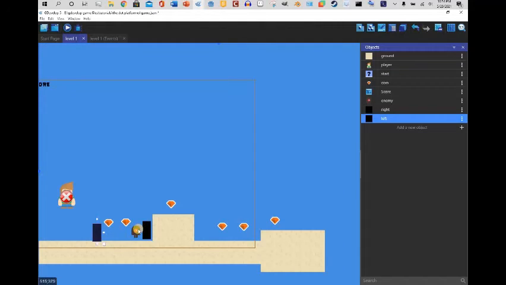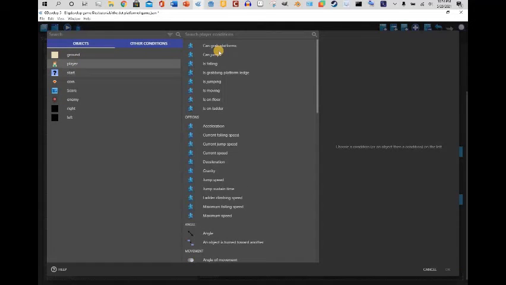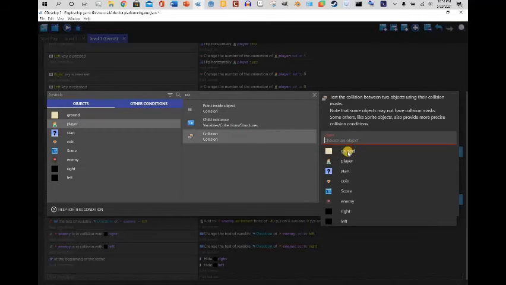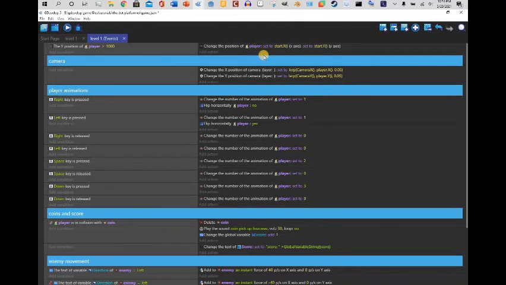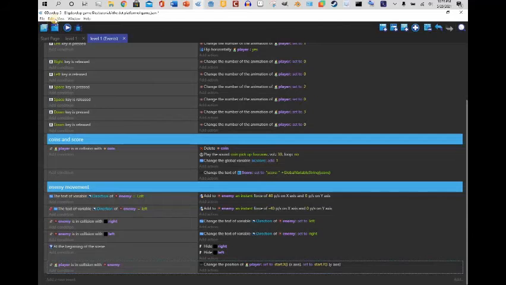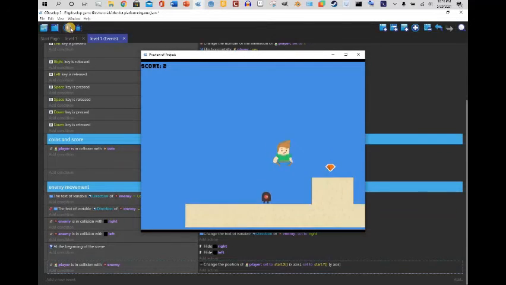Now we're gonna tweak it a little bit, but we're gonna add a new event. So when player is in collision with the enemy, we want it to go back to the start. So we can copy and paste the code we used for the character falling off, this part here, and add it to the action. So when you're in collision with the enemy,